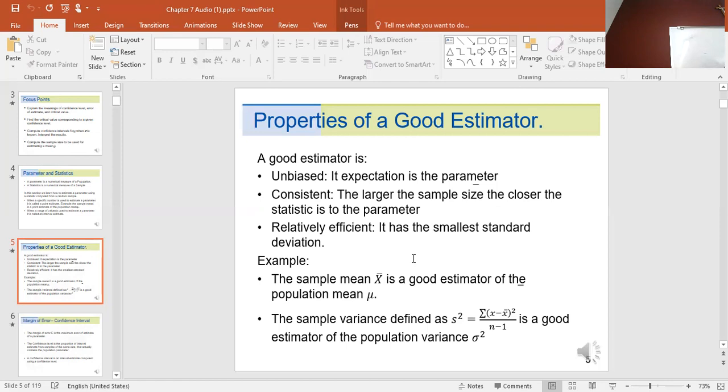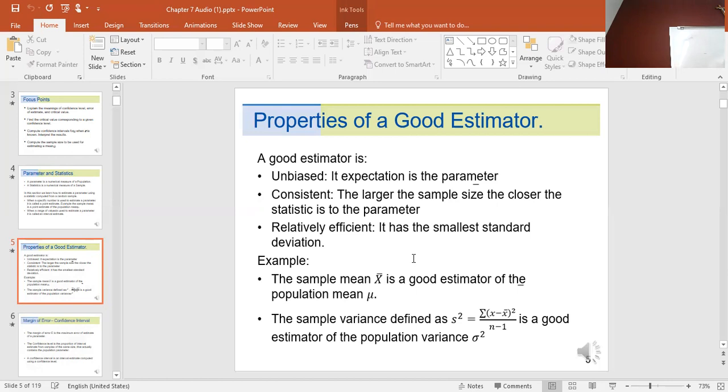So, example: the sample mean X bar is a good estimator of mu. The sample mean is a good estimator of mu, the population mean, because